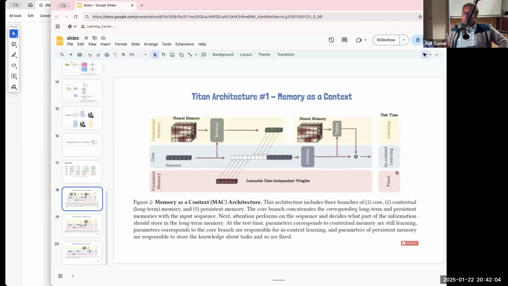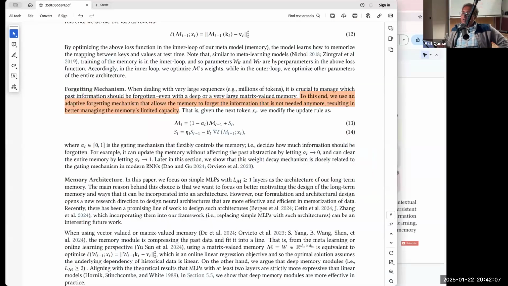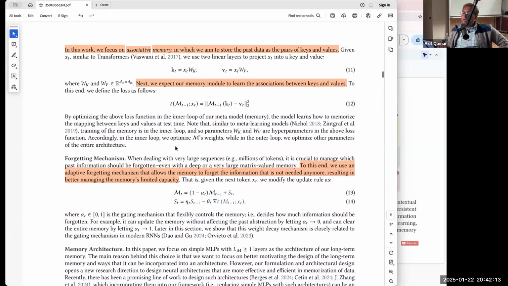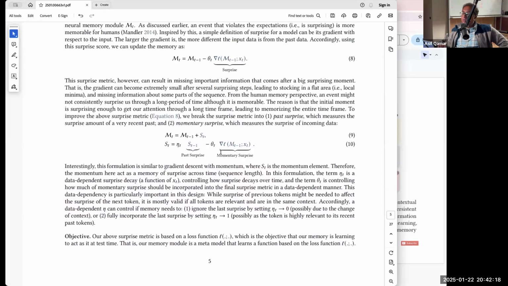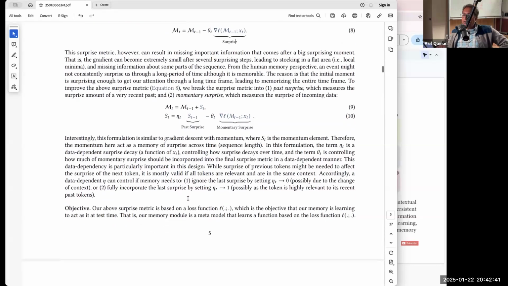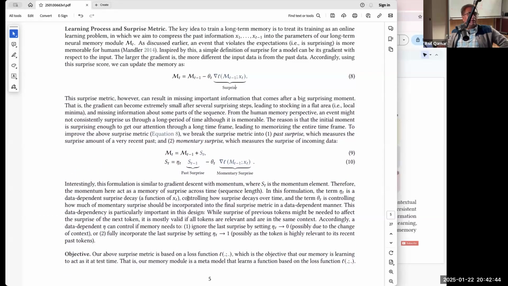Yes, that is called the surprise factor. They did not explain what is behind the surprise factor, but they have given an example. If you look at the equation here, this is the most important thing. If you're not feeding any new information to the long-term memory, and they are only retrieving, then nothing happens except the decay factor. If the decay is based on time, some information will be lost.